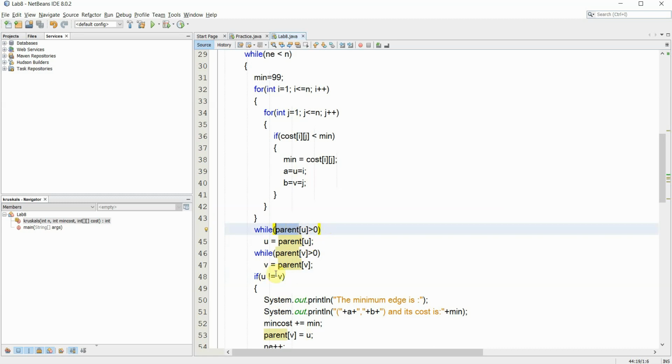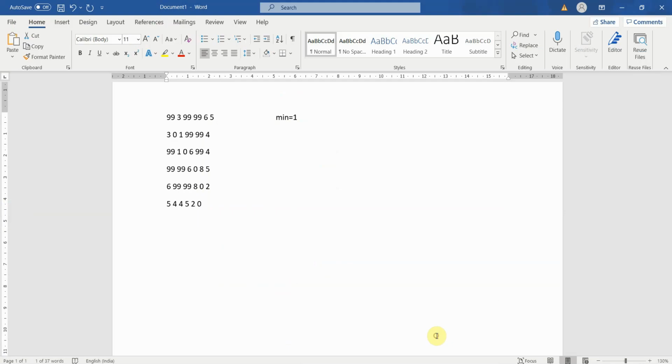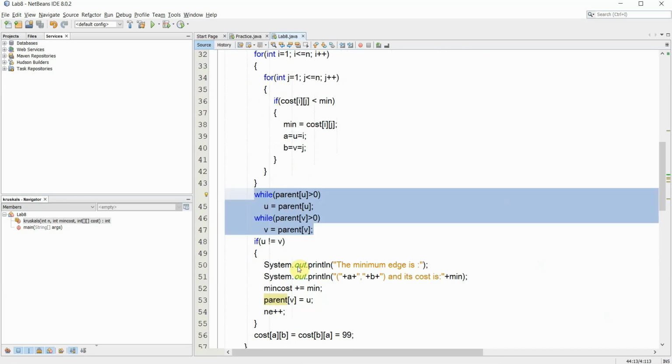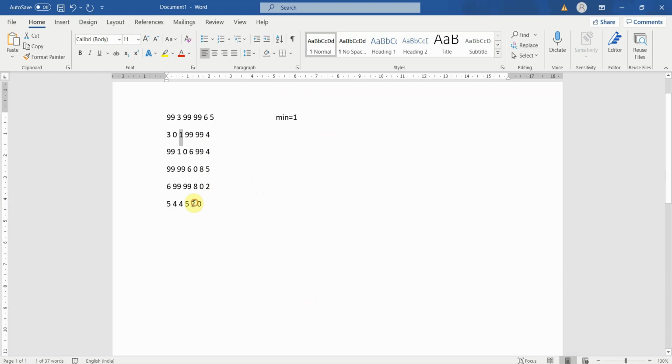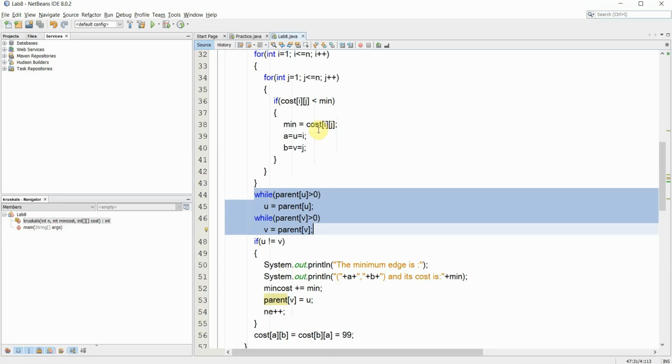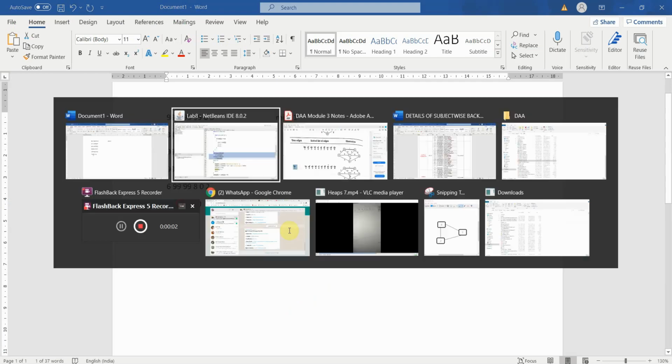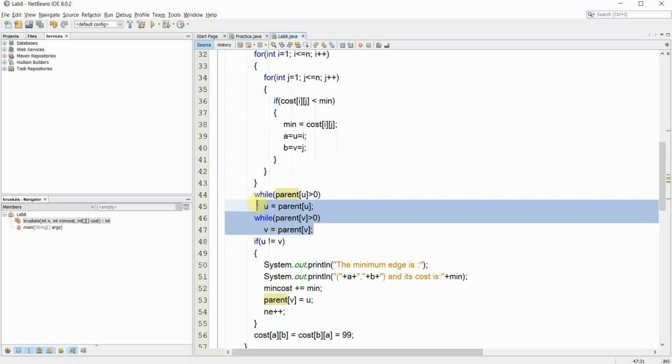So for better understanding of this logic, you have to compulsorily trace the algorithm for an example like this. Consider the cost matrix and consider how the parent changes. At some later stages of iterations, when you consider the value 2 or 4 or 5, there you will really realize the parent array and how these parents are getting updated.